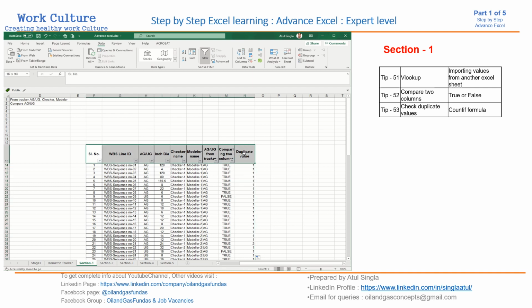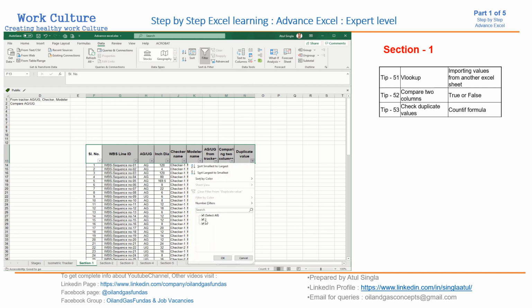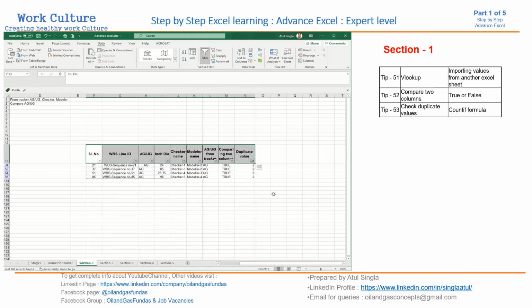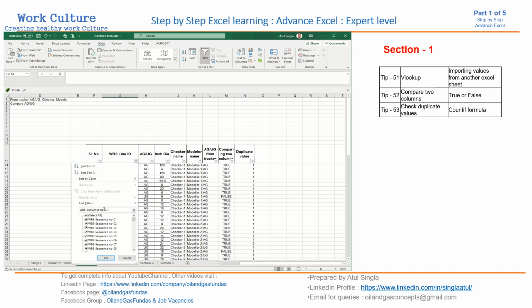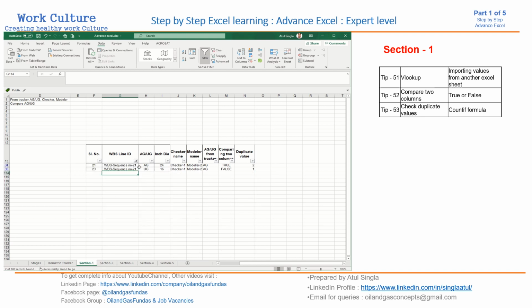Okay, again you want to check if any duplicate lines are there. We have just put in the filters and you select 2 if it is more than 2. So these lines are getting repeated. So this entry is there twice in this table. So let us see, you copy it from here, you want to see whether there are 2 entries or not, just filter it again. So we have 2 entries, one is under AG, one is under UG.